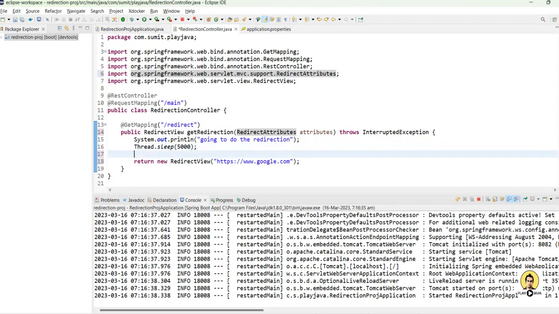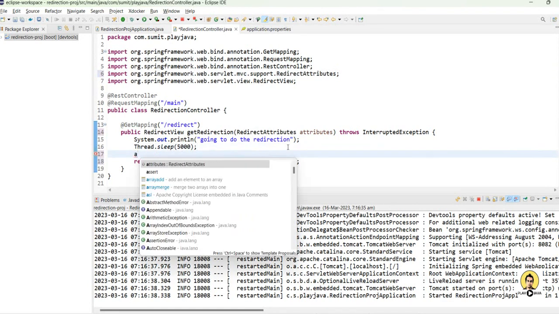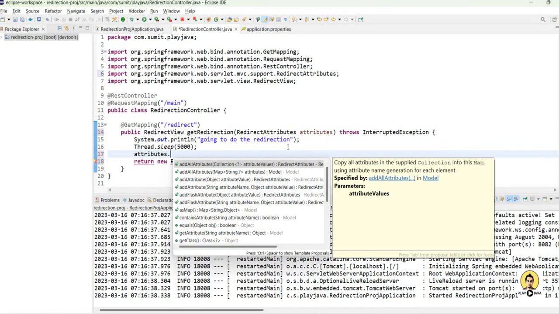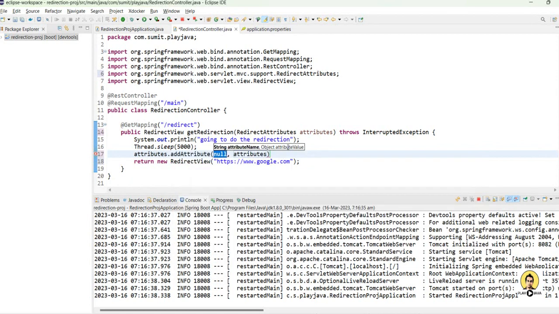So let's provide attributes, and in addAttribute I'll provide the key of that attribute. Let's provide channel name as Play Java,